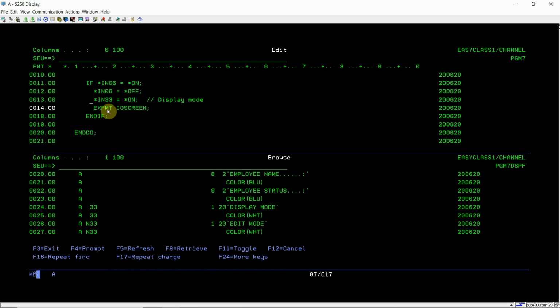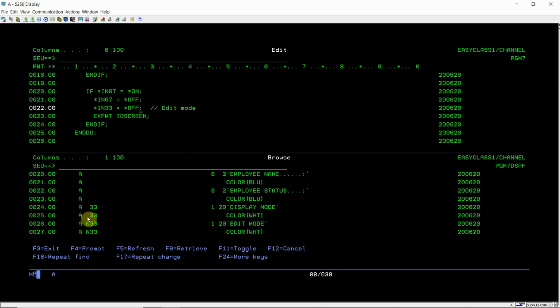Now this completes. If I copy this again, if I press F7, then I have to open this in edit mode. I'll set the F7 indicator 07 as off first, then I'll open the screen in edit mode, so I have to set this as off.